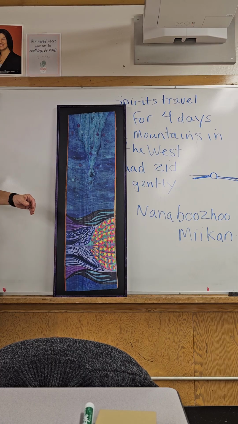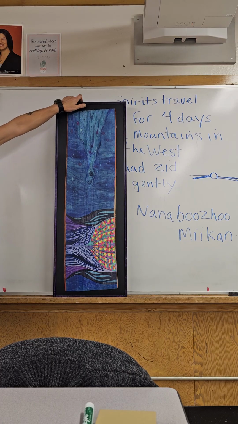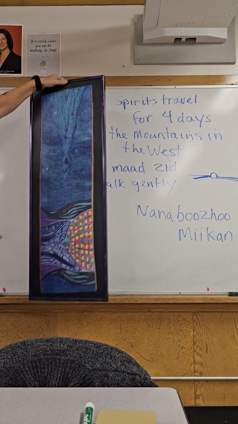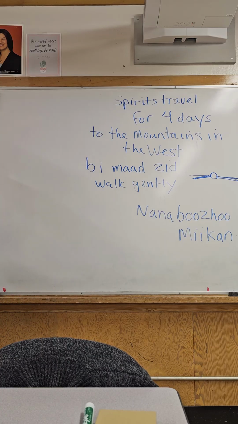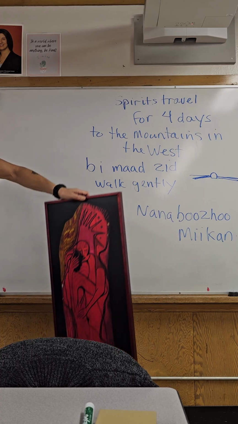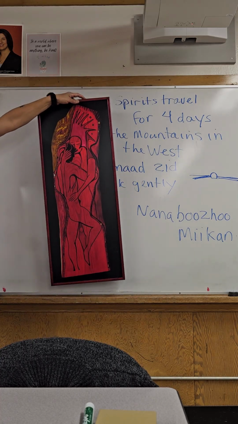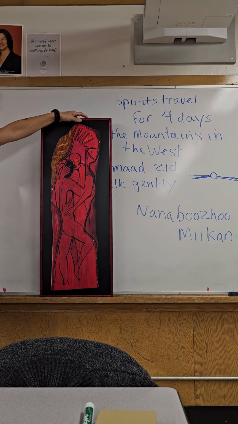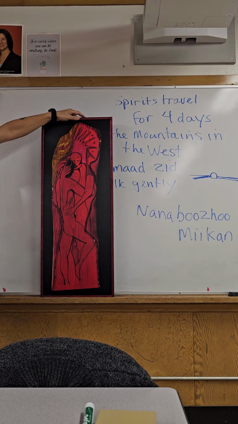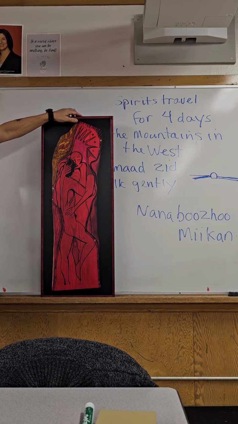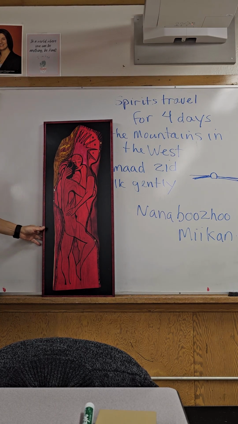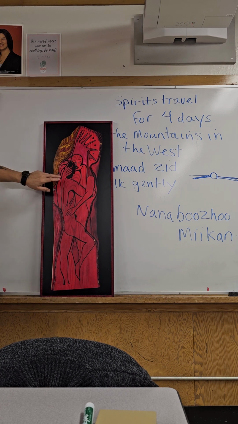So Aanishinaabe Mikan is the Milky Way, and this is the path our spirits follow. And eventually, we end up here, where we came from, where we originated. We originated with Creator, and so that's where we end up going. We end up back in Creator's embrace.